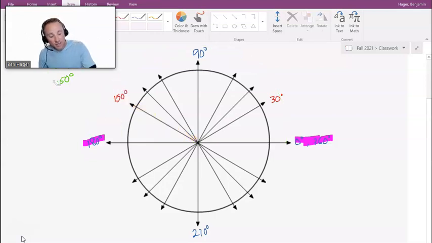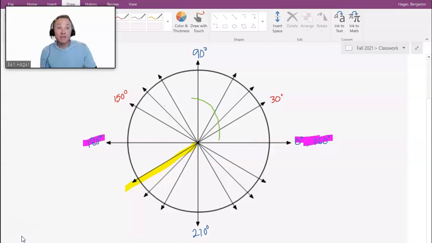And in a similar fashion, I can get this angle down here. I simply go to my nearest anchor point, right, either the negative x-axis or the positive x-axis, and I will add or subtract my reference angle. So in this case, I would go to 180, and then I need to keep going to get to that yellow angle. So I'm going to add my reference angle onto that. So what I've got here is 180 plus that additional 30-degree size slice. I'm left with a total of 210 for this angle.